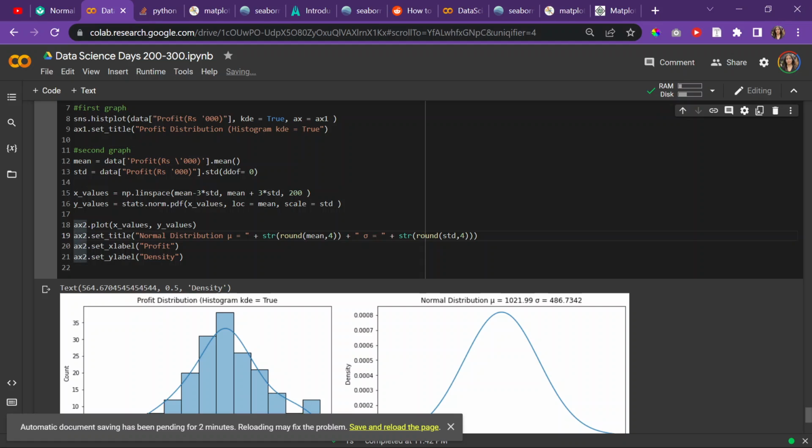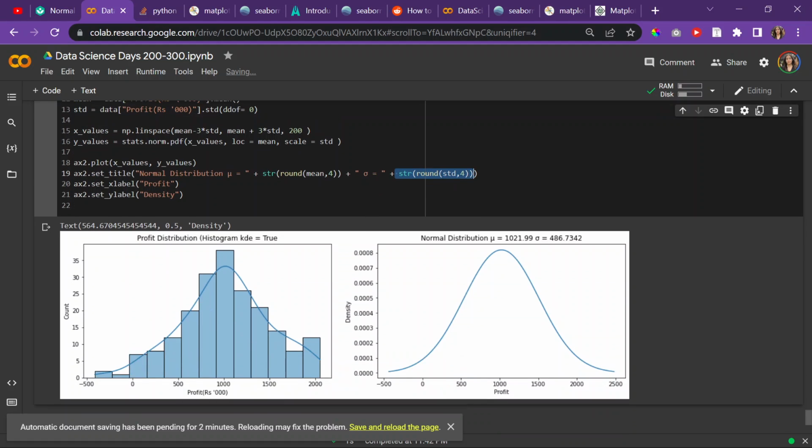And then same thing, you set the title, I already explained that. This is concatenation, is that how you pronounce it? Probably. Normal distribution, this is the top right title over here in the right graph. I did a mean, and then I added the actual mean because I had it. I just have the mean, and I used the round function, rounded it to 4, and then because this is an integer data type, and you can't use integer data type in string concatenation, I basically turned it into a string data type, and I did the same thing for sigma, or for the standard deviation. And then I set the x label, and I set the y label, and then we have these